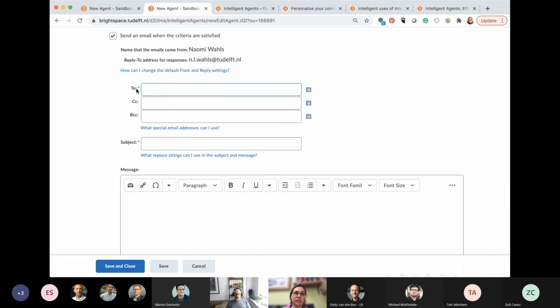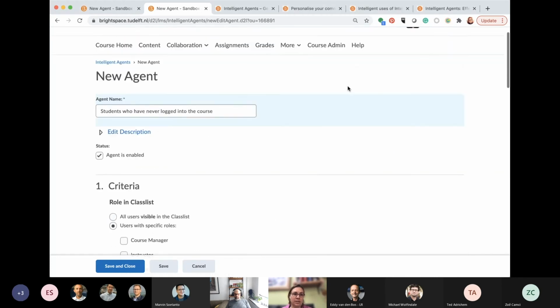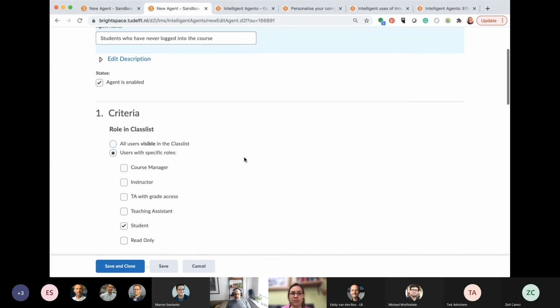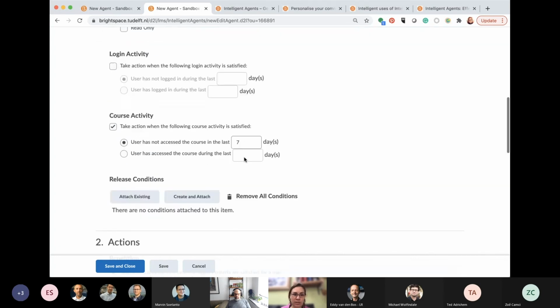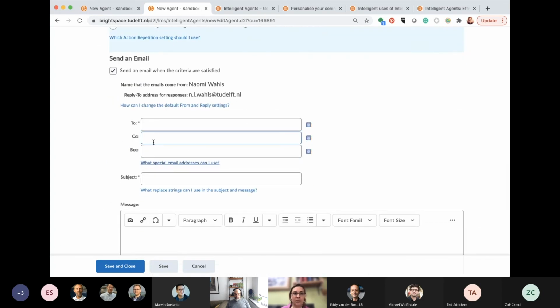Now, there is the to and the subject that is required. And you'll notice I can have a to, a CC, and a BCC. And this is where privacy really matters, because here I can actually make sure that it's any user that has that issue. So in this case, our issue for today was the students who have never logged into the course. So if they don't log into the course, then I can either send it as the to, the CC, or